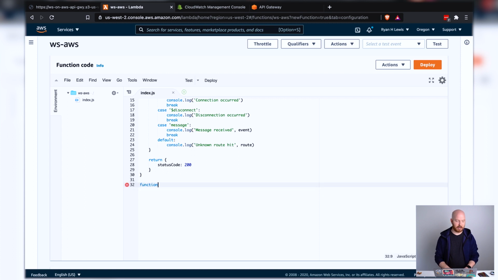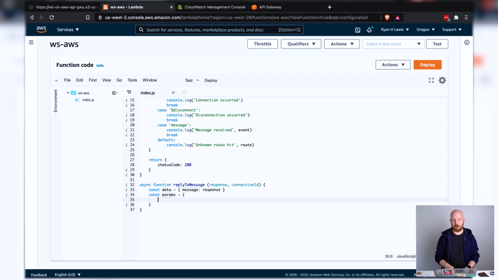We're gonna say we've got a function reply to message, and we'll have a response. Let's make this async because we're going to use a promise. We've got the response, and we need a connection ID. And so with that, we basically have to encapsulate the data that we're sending back to it. So I'll say that the message that we'll send back is a response. And this data can be whatever you want it to be. It just needs to be kind of like a contract that your client is working with.